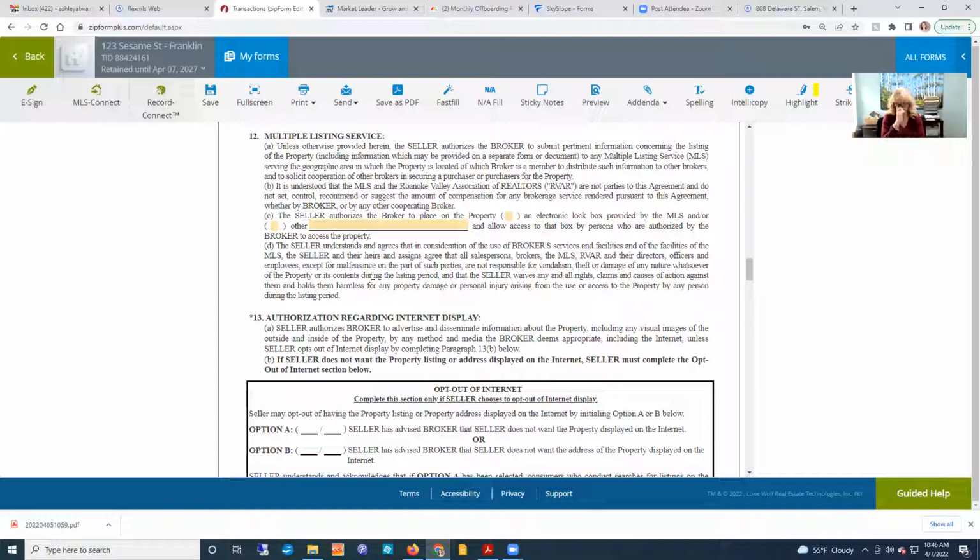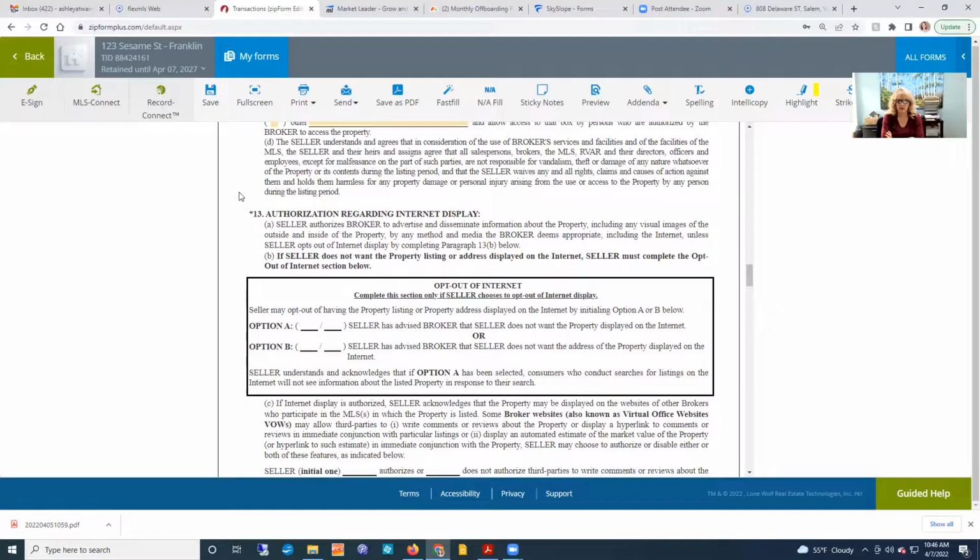C states that the seller is authorizing the broker to place an electronic lockbox, check that box. Or if it was a contractor lockbox, I would check here and say contractor lockbox, but you should be using an actual lockbox, an electronic lockbox. Our super boxes have a lot of bells and whistles that will help you be sure you know who's in the home. D, the seller understands